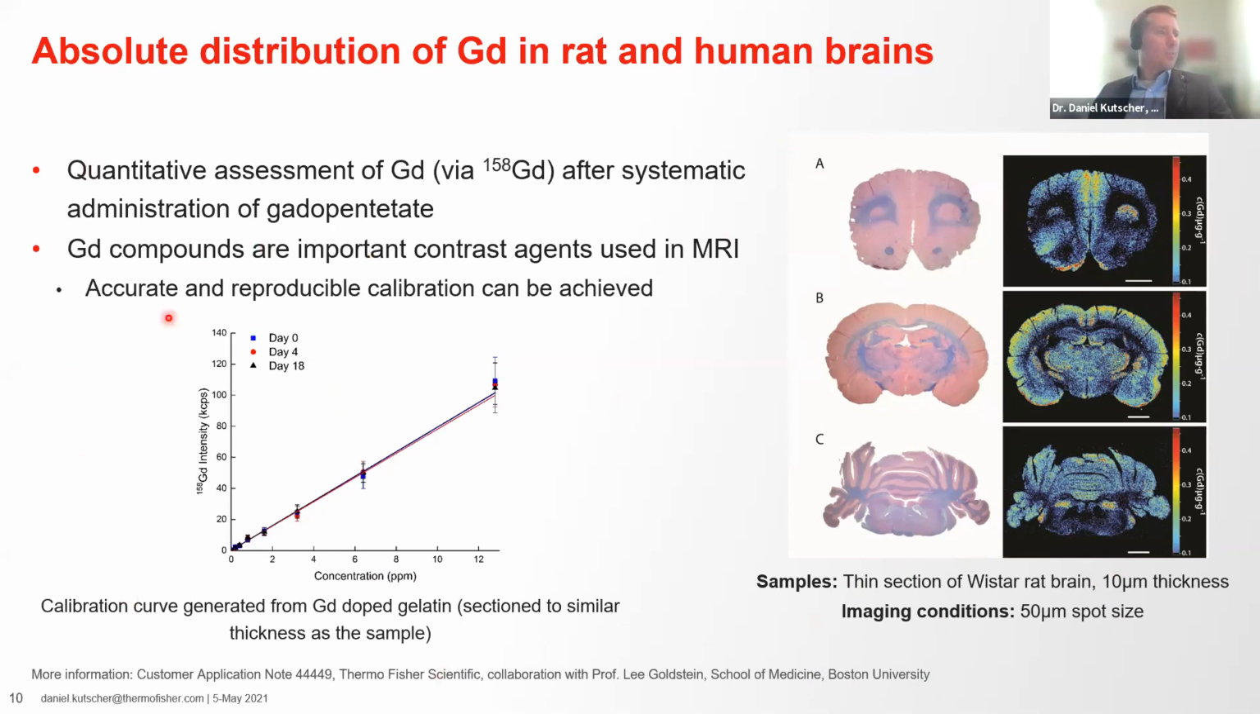Now, what the group did was basically develop a strategy to calibrate the system using gadolinium-doped gelatin standards, which were then sectioned to a similar thickness as the sample and behaved relatively similar when looking at the actual ablation process. So basically, when the laser is hitting the surface of the sample, it basically takes away a similar amount of material and also in a similar size distribution. What you can see here, this calibration is actually very reproducible. What you can see here is overlays of 3 independent calibrations from 3 different days over a period of 2.5